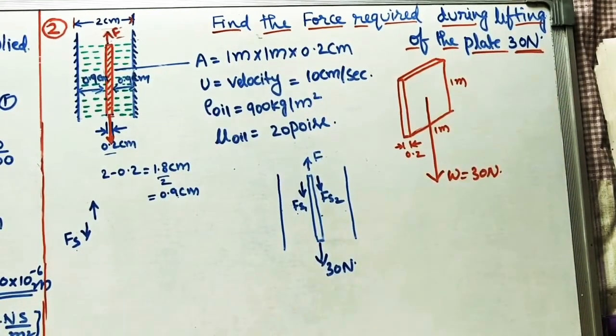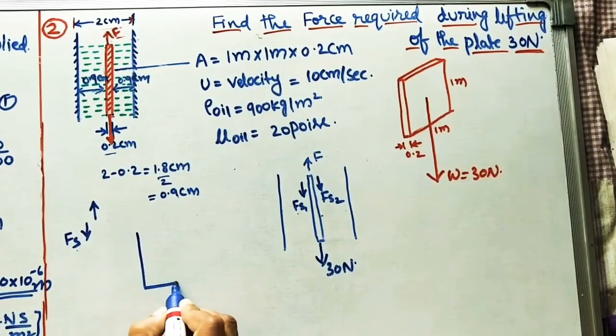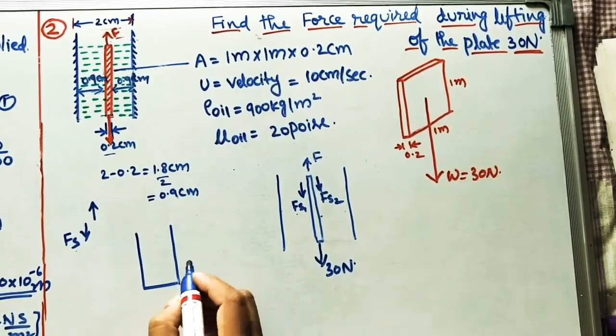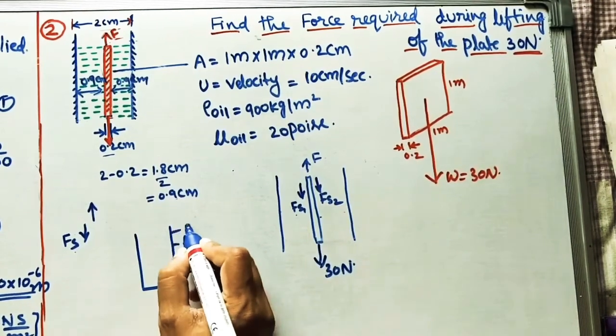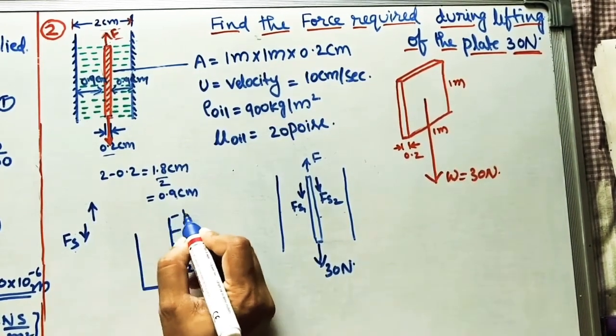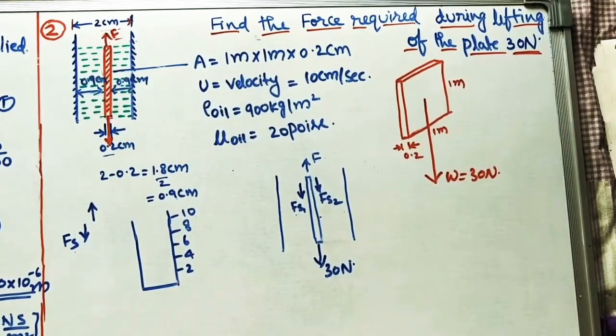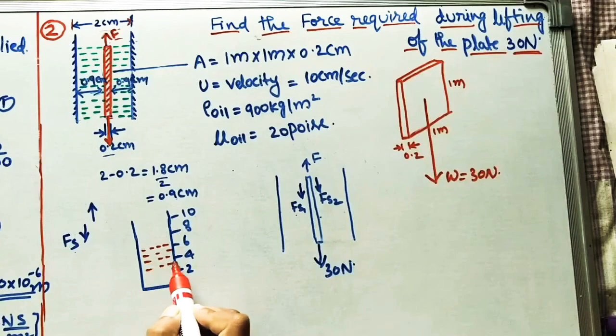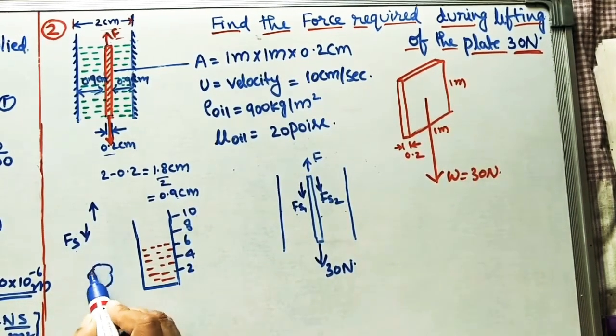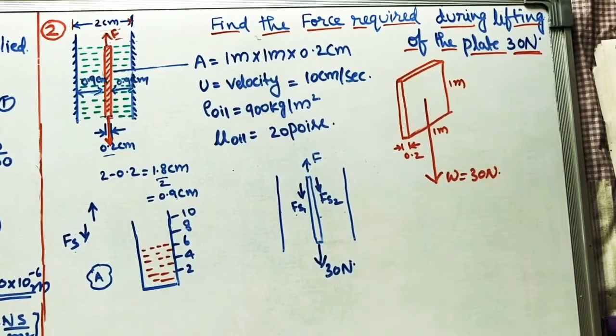And now I will tell one example. I have one measuring jar. In this measuring jar, there are markings such as 2 meter cube, 4 meter cube, 8 meter cube, 10, like that. I am taking some volume initially. Let us take it as 6 meter cube volume. Now I want to find one object's volume. Some object A of irregular shape is given. How to find the volume of this? By using a measuring jar.